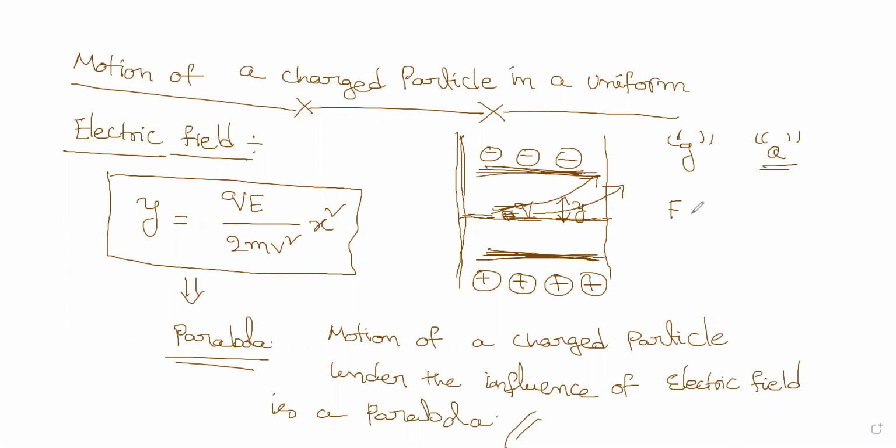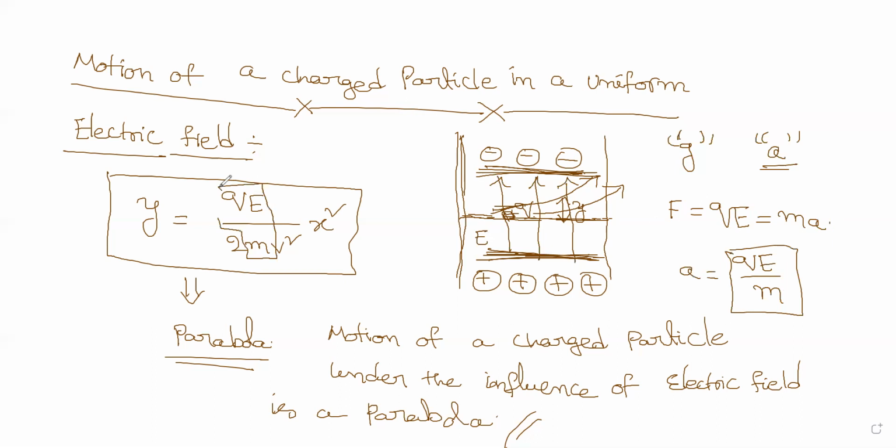You know that the force on a charged particle, if you have an electric field of E, passing from positive charge to the negative charge, is given by Q times E. And if the mass of the particle is m, F is equal to ma. So you can get the acceleration as QE by m. So the acceleration factor, QE by m, is over here. I hope you got some idea how to do that.